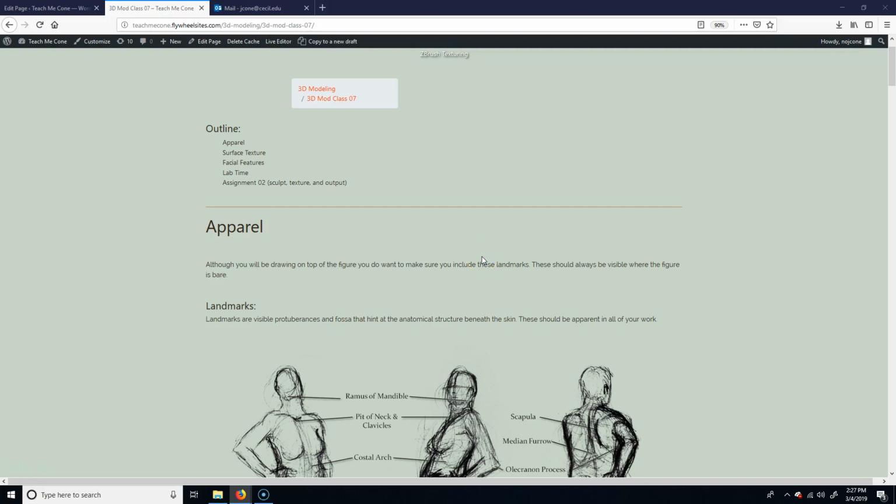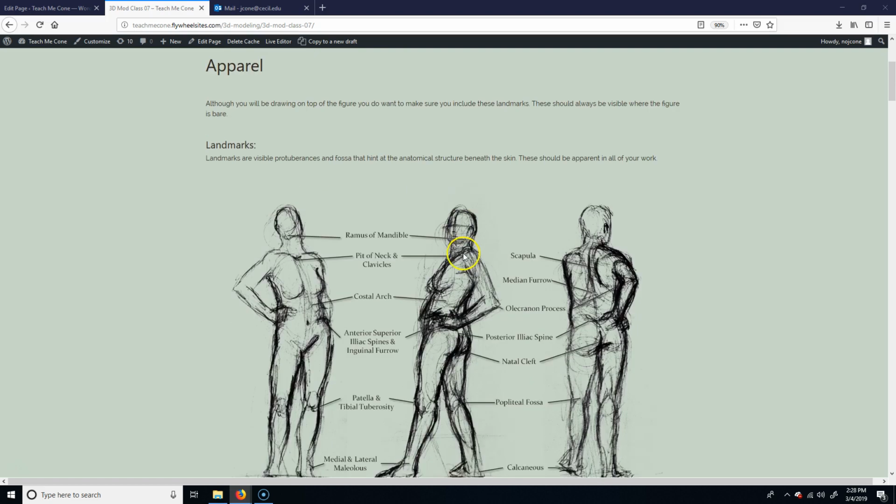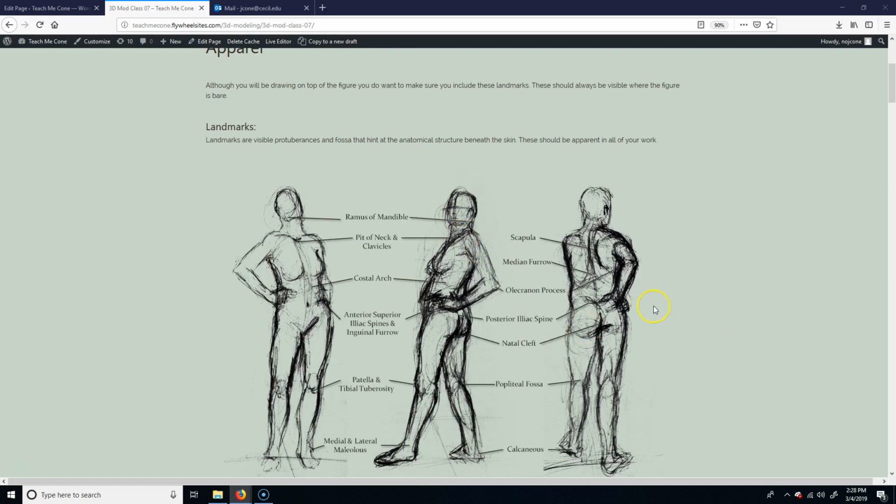All right, class number 7. Apparel, surface textures, facial features, and so on. All right, so apparel. Obviously you don't want your character to be naked, unless you do, which is cool, but probably not. First thing I would say is make sure that your figure itself should have what we call